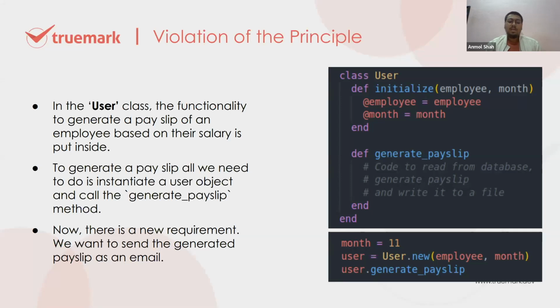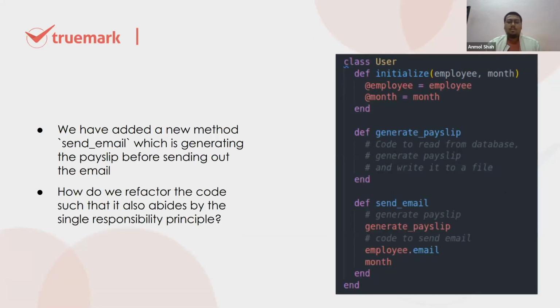Now, after generating the payslip, we need to send that payslip of an employee to the employee's email on a monthly basis. So what do we do? Without following the single responsibility principle, we could add another method called send email, and after we have generated our payslip, we can just email that to the employee. But it violates the principle because